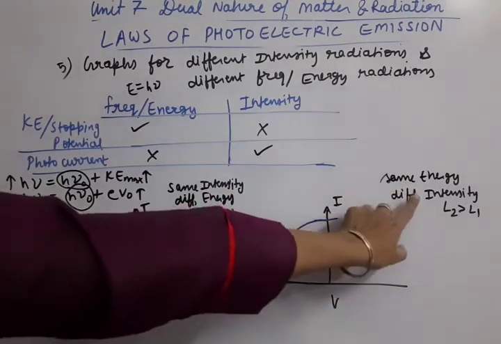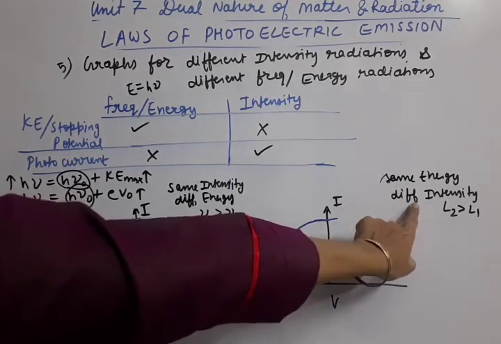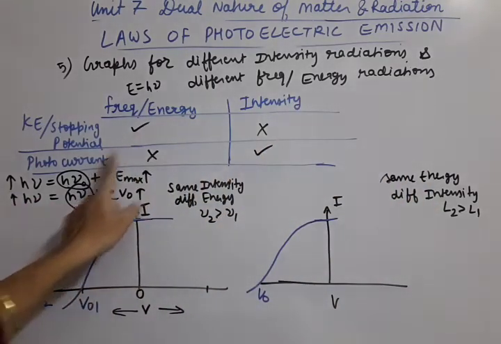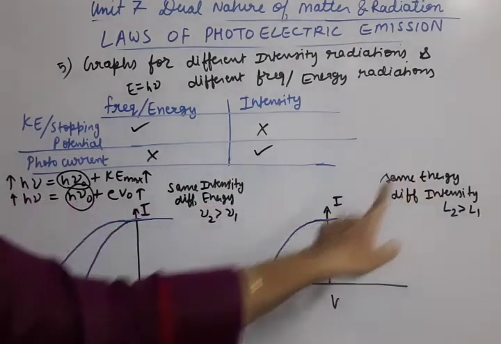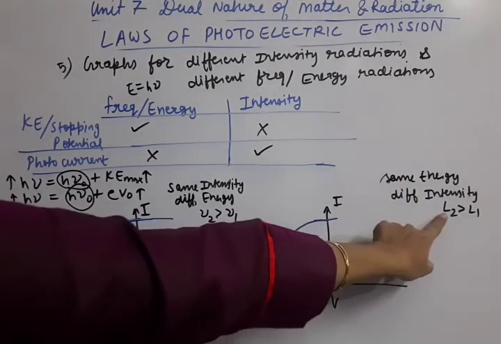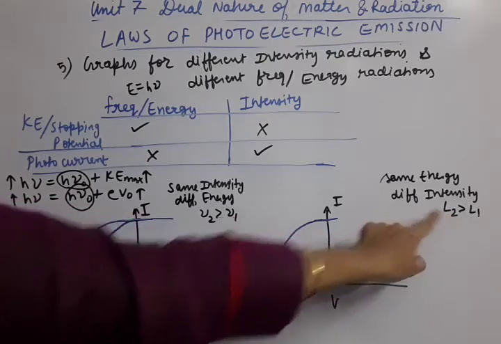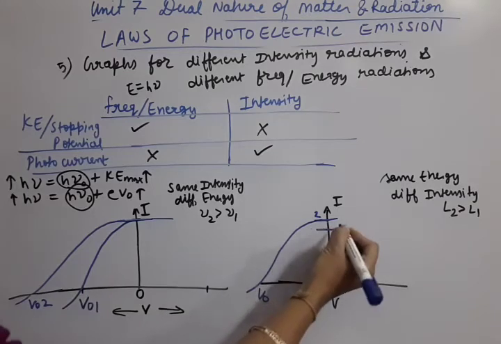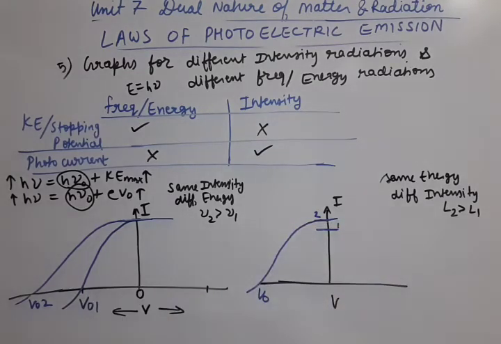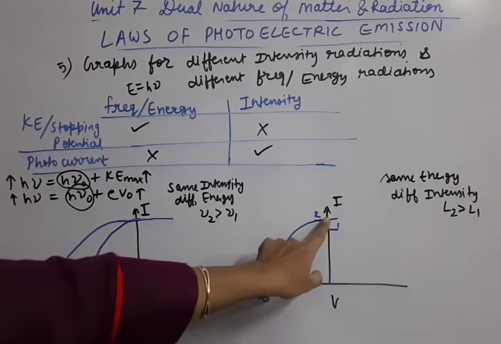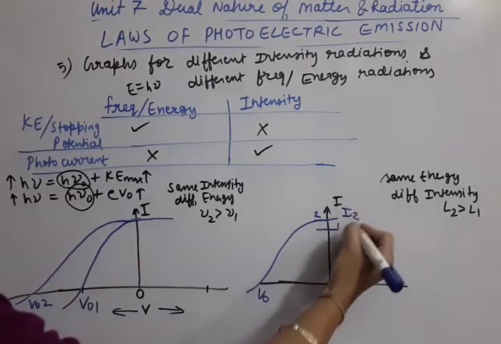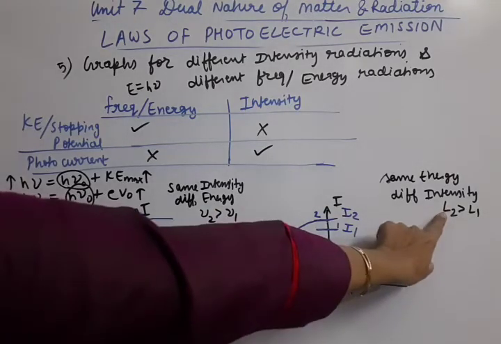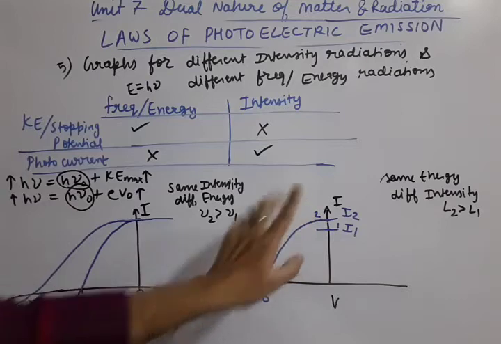Now both radiations have different intensity, and photocurrent depends on intensity. That's why for more intensity there is more current, that means I2 and I1 are the light intensity terms. So this is the graph for radiation 2, then the graph for radiation 1 will have a little less current. So here I2 and I1 will be different for radiations 1 and 2. The one with more intensity, we have to show its current as more as well.